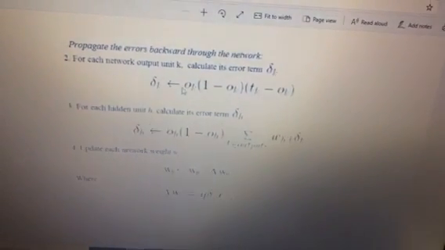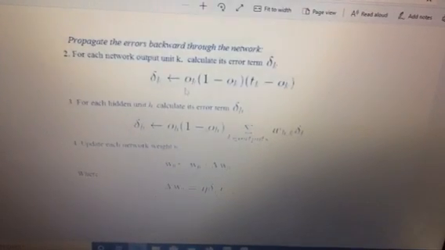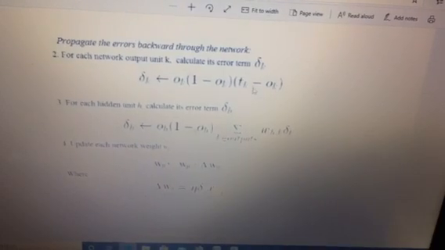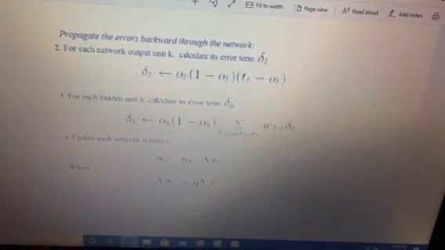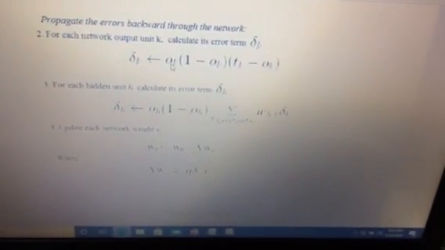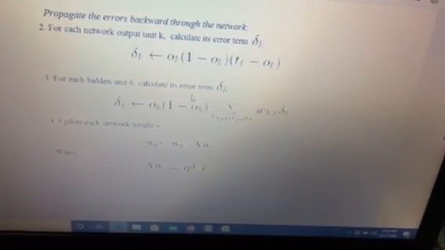What is o? O indicates the output. We know that the sigmoid activation function is of the form sigma y into 1 minus sigma y, followed by an error. So the same thing is written here. The delta notation indicates it is a backpropagation constant, and here o_k indicates the output that is coming to a hidden layer.